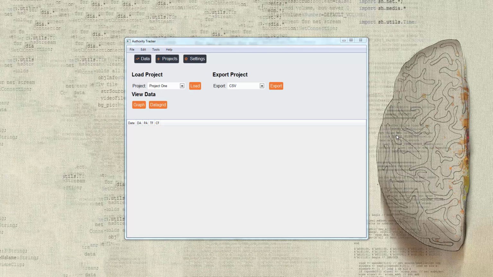This is the Authority Tracker. It is a tool which is designed to track website authority over time, much like a rank tracker would, except instead of tracking your position within the search engines, this will actually track your domain authority, page authority, trust flow,